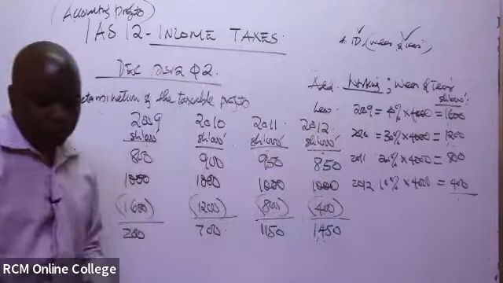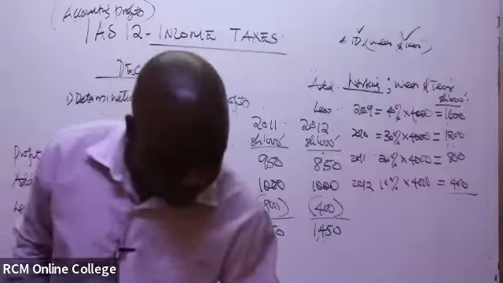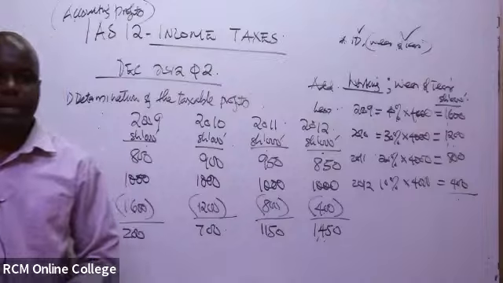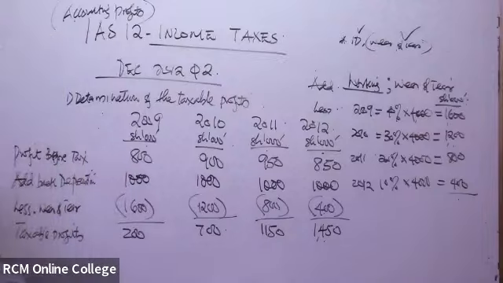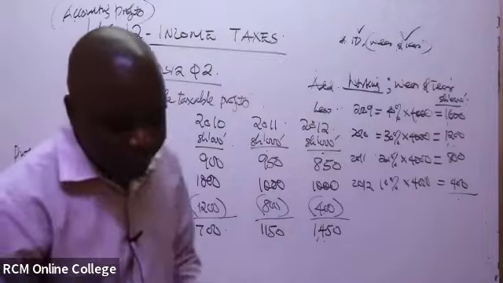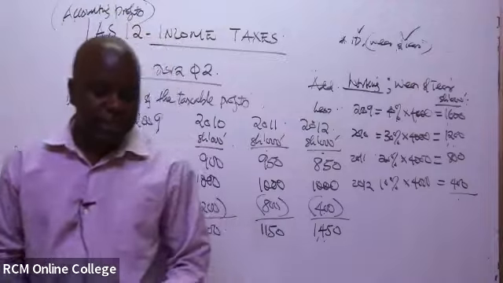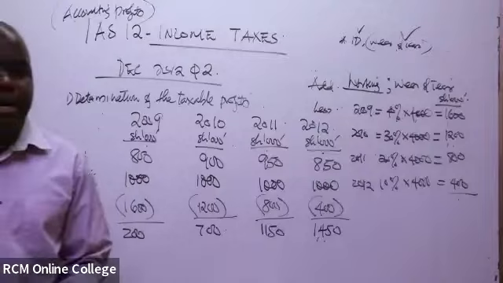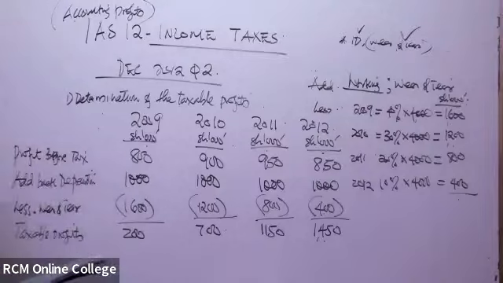If you look at the question, the corporate tax rate is 30%. In this case, they have not called upon us to determine the current tax, but in any case, if they had asked us to determine the current tax,